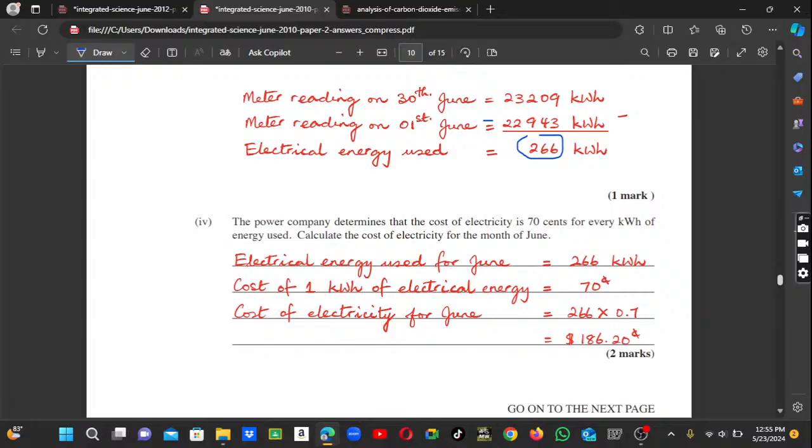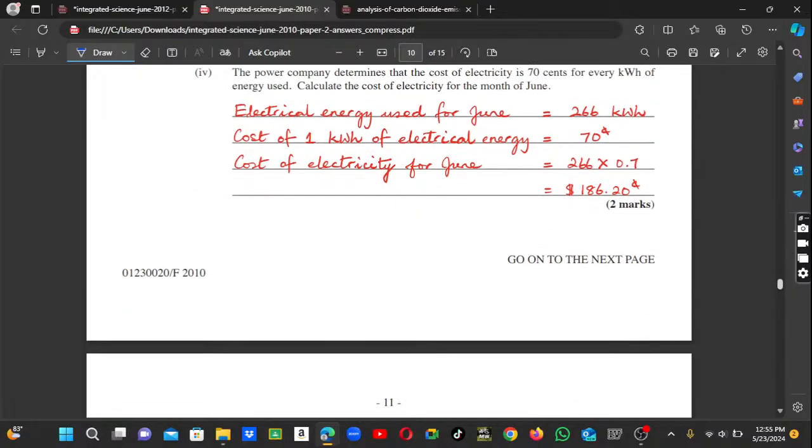It's pretty simple. So here now it says the power company determines that the cost of electricity is 70 cents for every kilowatt hour of energy used. So we need to calculate the cost of electricity for the month of June. As we just did the calculation, we take the 1st of June reading away from the later reading, and the electricity used for June will be 266 kilowatt hours. So now we are seeing that the cost of 1 kilowatt hour of electricity